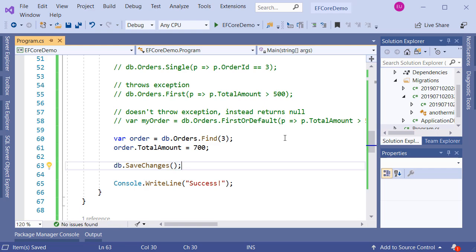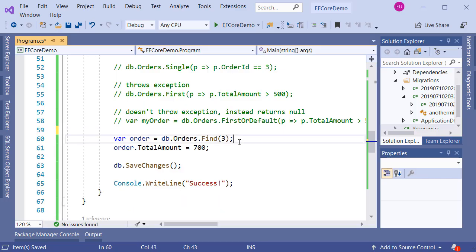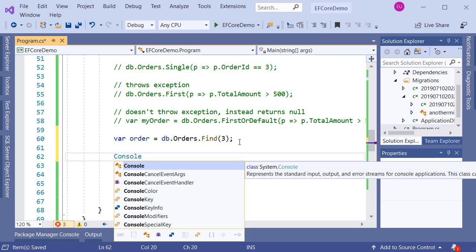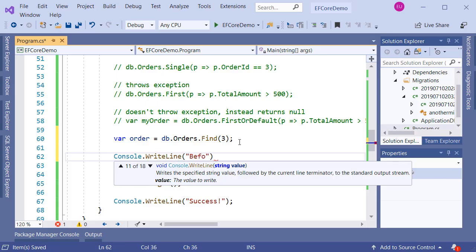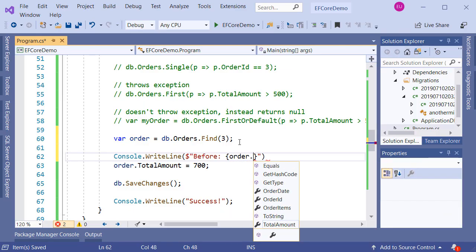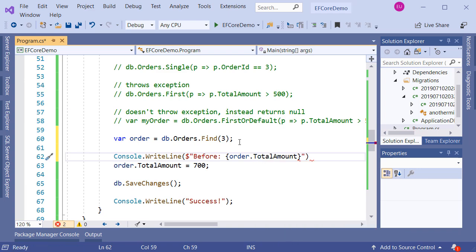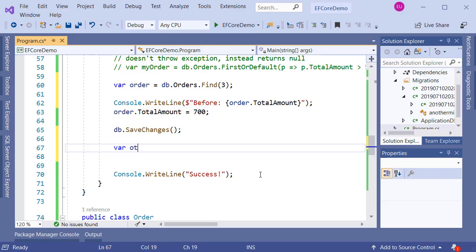All right, let's confirm that this works. So in fact, just to make sure that this works, let's do this. Here we'll go Console.WriteLine before, and so we'll go order.TotalAmount. We'll save changes. We're going to go otherOrder equals